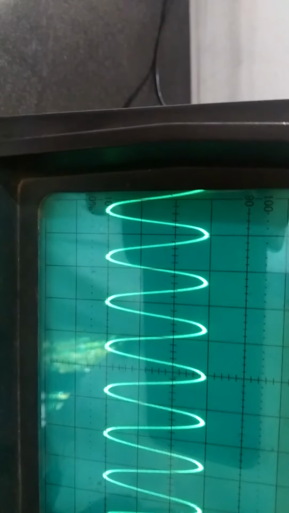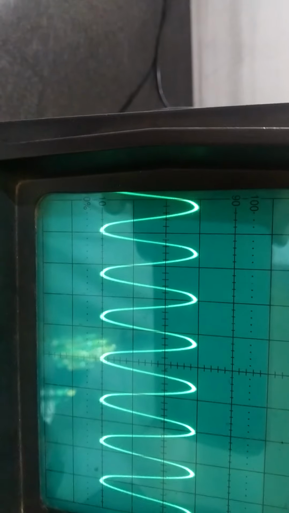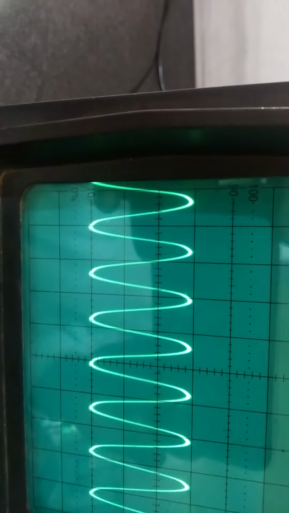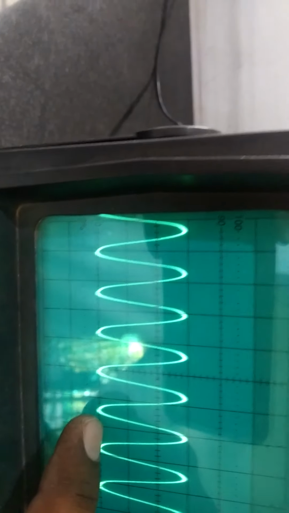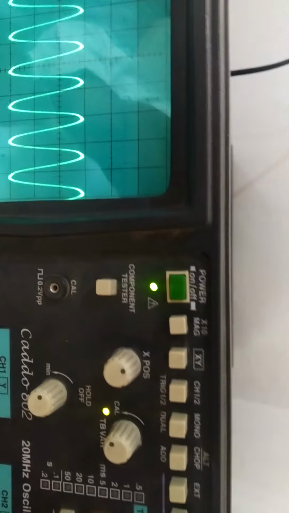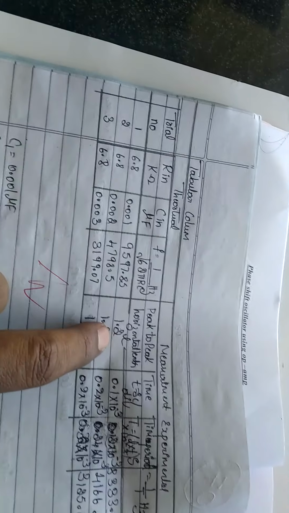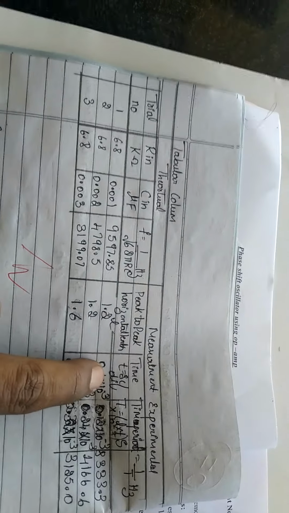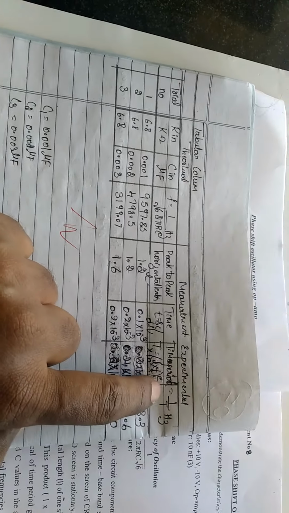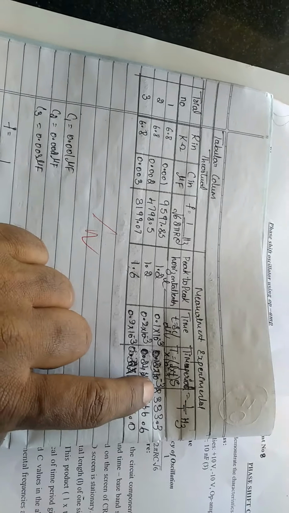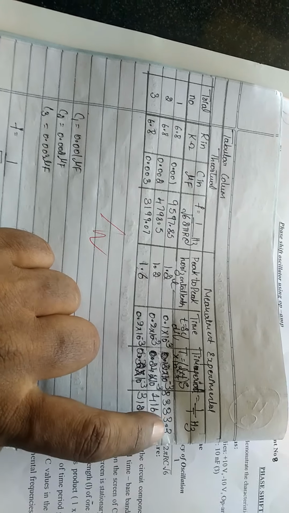See, this is similar to a graph, x-axis, y-axis, origin type. This is 1, after that is 1.2, this distance, and the time division is 0.1 milliseconds. So that you have to enter here. The next one is like this. So 1.2 is this, 0.1 is the time division. You have to multiply, that is the third column. Afterwards, you have to calculate f is equal to 1 by T. By using that, you will get these values.